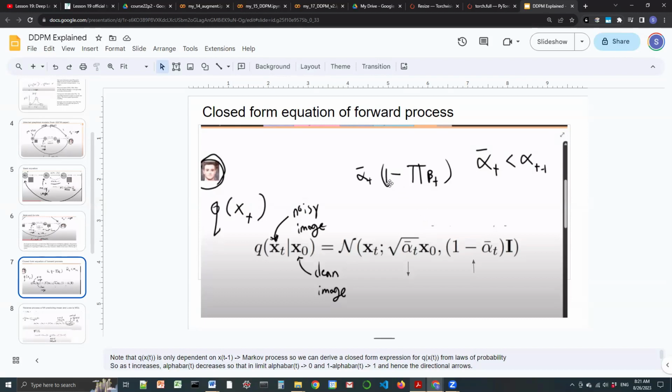And we'll find, in fact it's given right here, that the parameters alpha bar t and 1 minus alpha bar t, or just alpha bar t, are related to beta_t, the thing we saw in the prior slide, by this